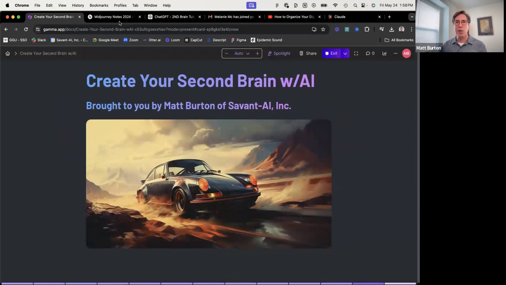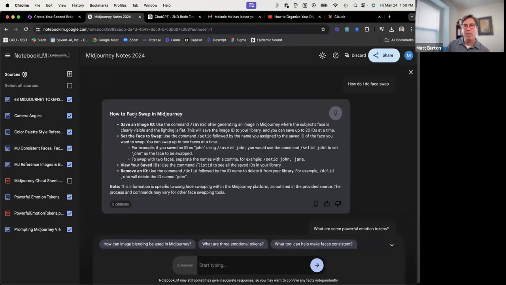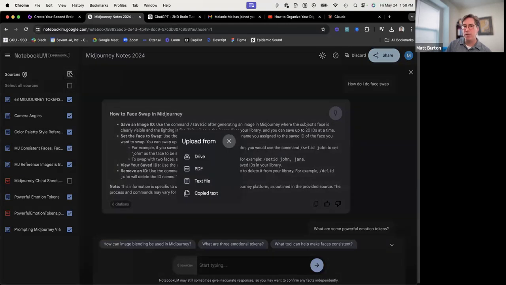All right. So this is my notebook. It's a very simple interface. It only allows you to do a few things. It was created by Google, and you can pull in only a certain number of sources. So it is not as versatile as Obsidian and Notion. You can't pull in videos and such, but you can take things from your personal drive, your Google Drive, you can link it. You can bring in PDF files. You can bring in text that you copy and paste, and then it lets you do stuff.